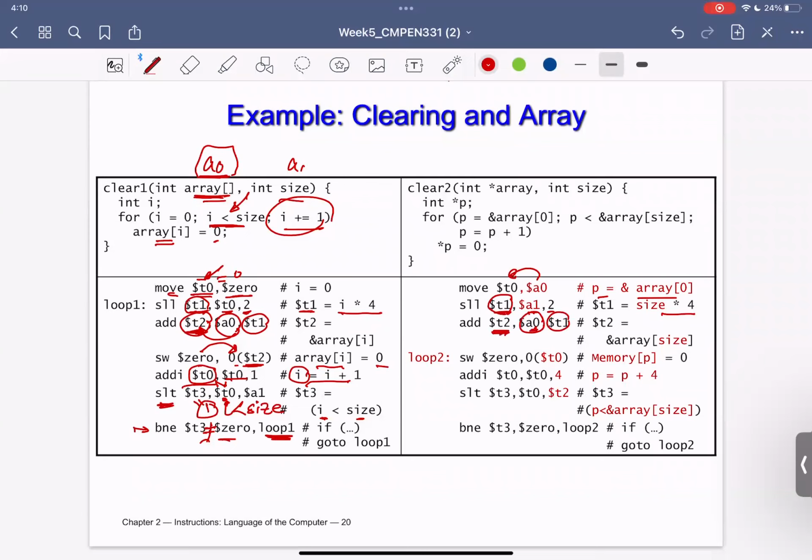Now I look at T2, which is pointing to the address of the array element of my size, which you can think of as my pointer to the array. Okay, so that's fine. So now I'm pointing to the correct array element. The next step, again, store word 0 to that particular address.